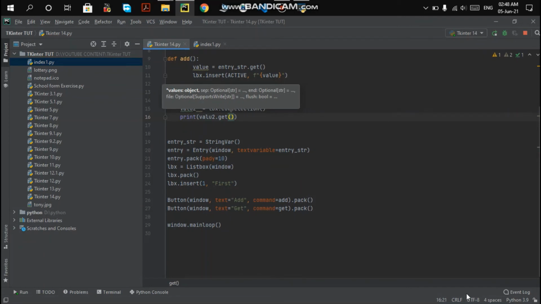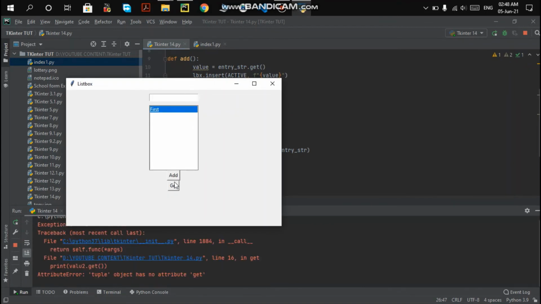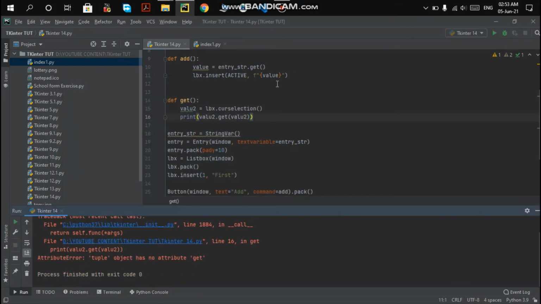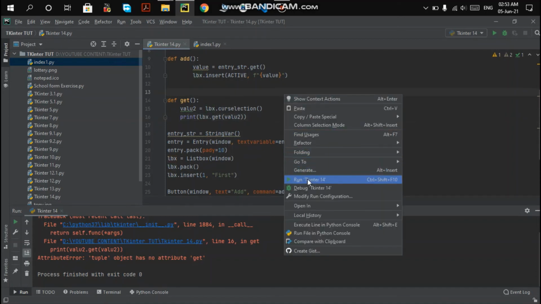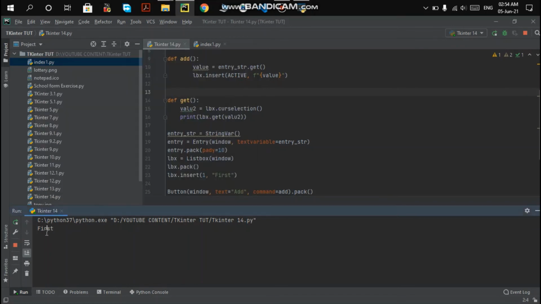When you run this and let me click first and get, you are not getting the tuple because we made a mistake here: we are fetching the values from the list box, not from this variable. So when you click on the run button and enter some values like this and add, the values are added, and when you select this first and get, you get the value in your console.